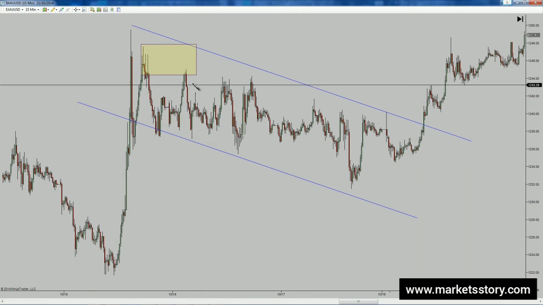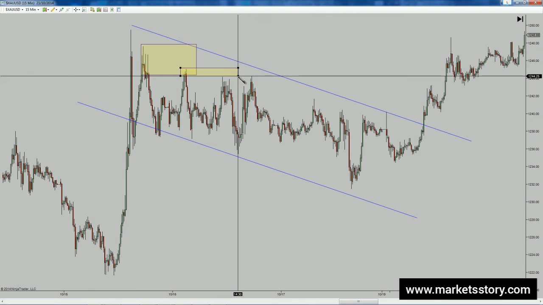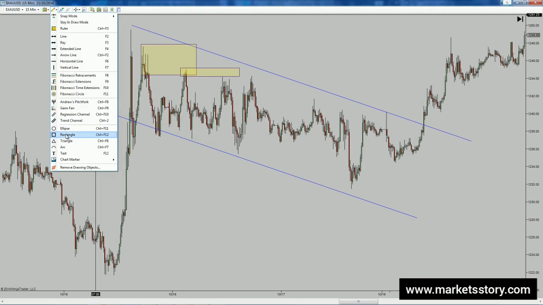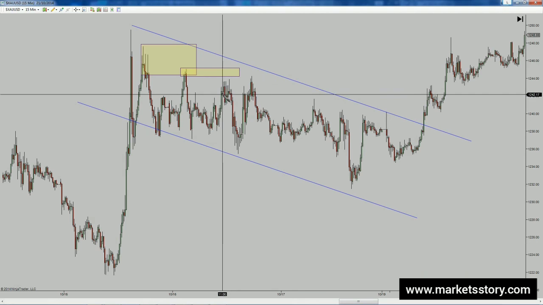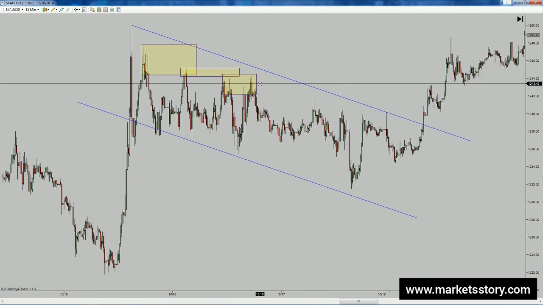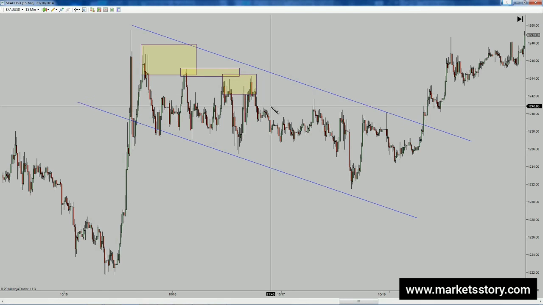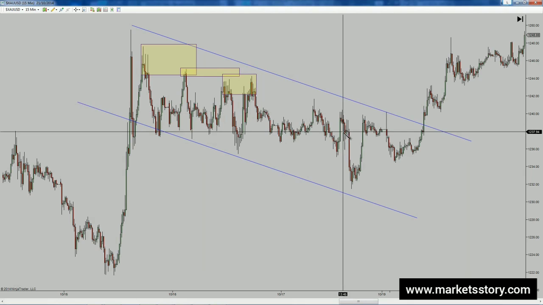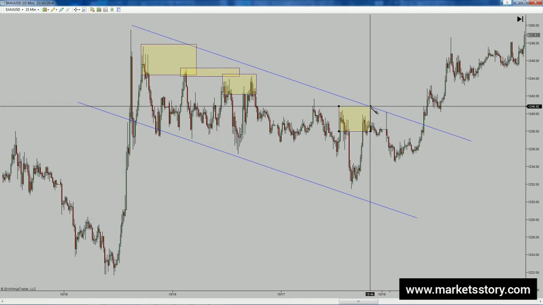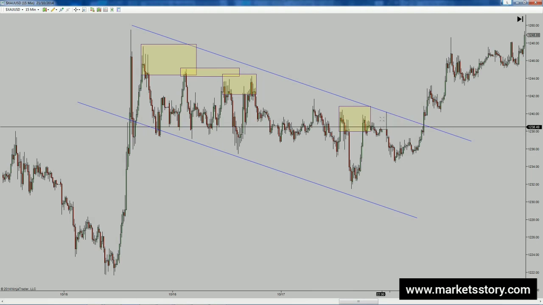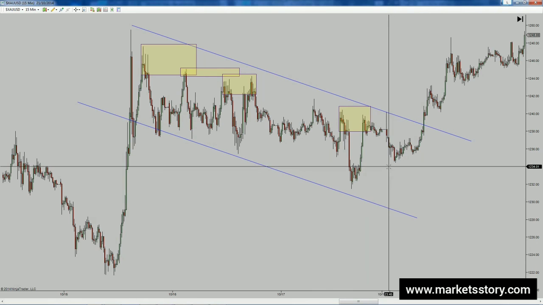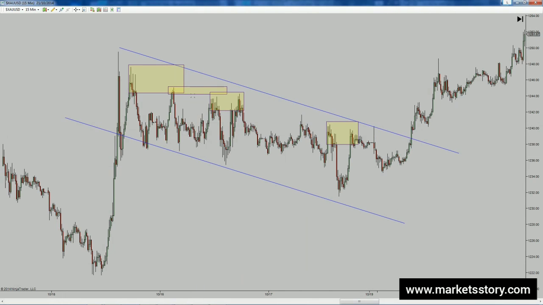So there's one supply, there's another one, we've got some more supply over here, and it just carries on. There's loads of supply zones in here. There's one that hadn't been tested here, and price bounced off of it and eventually broke through, and there's demand over here. So inside this bear flag, once you drill down from the 60 minutes to the 15-minute, you can see what's going on,